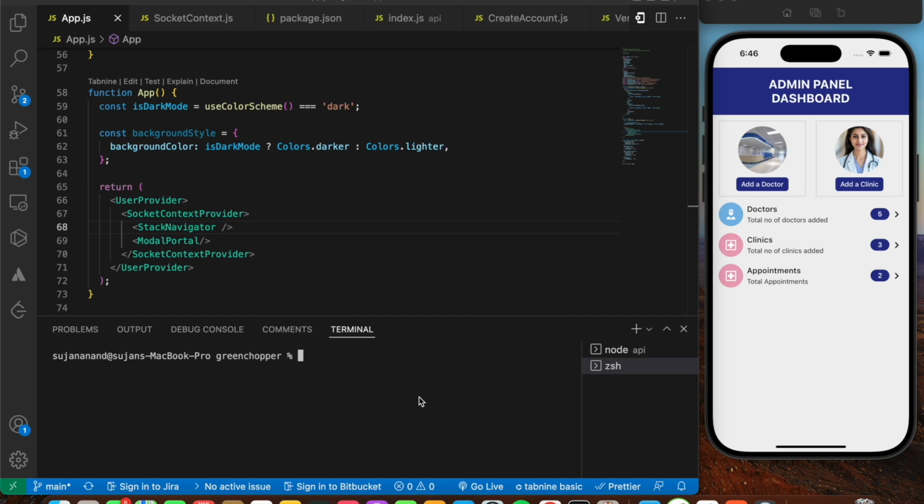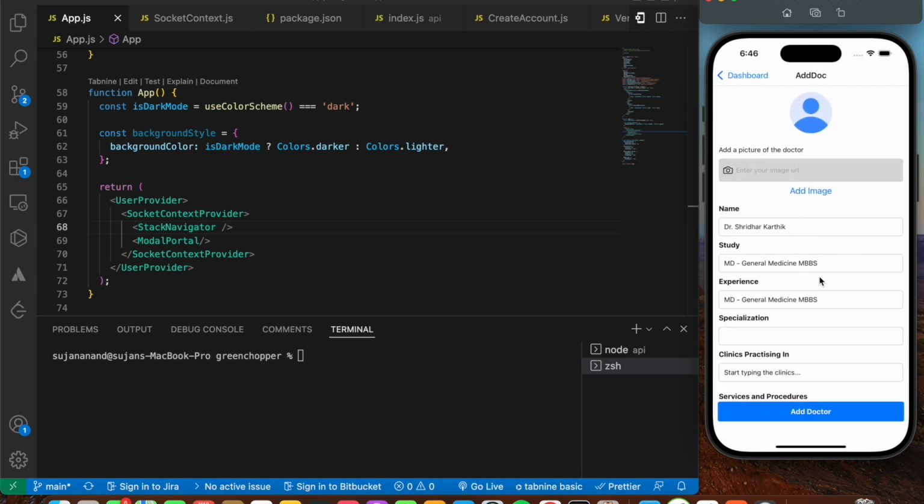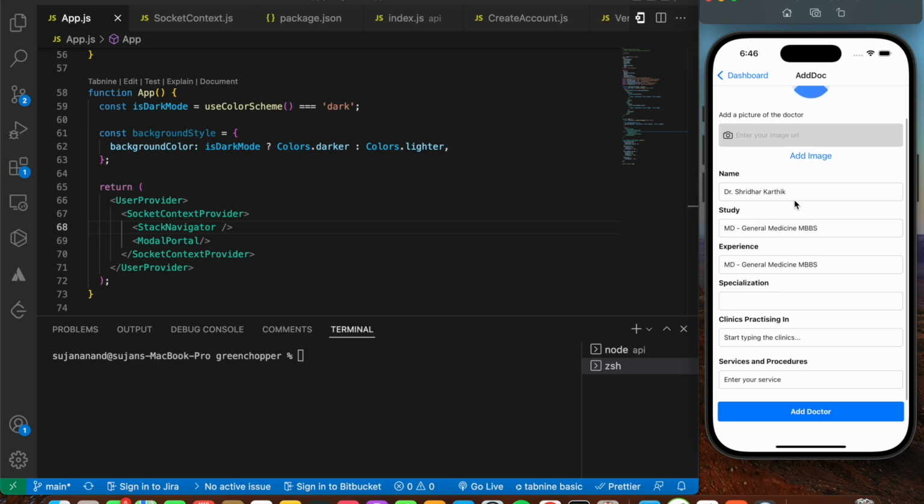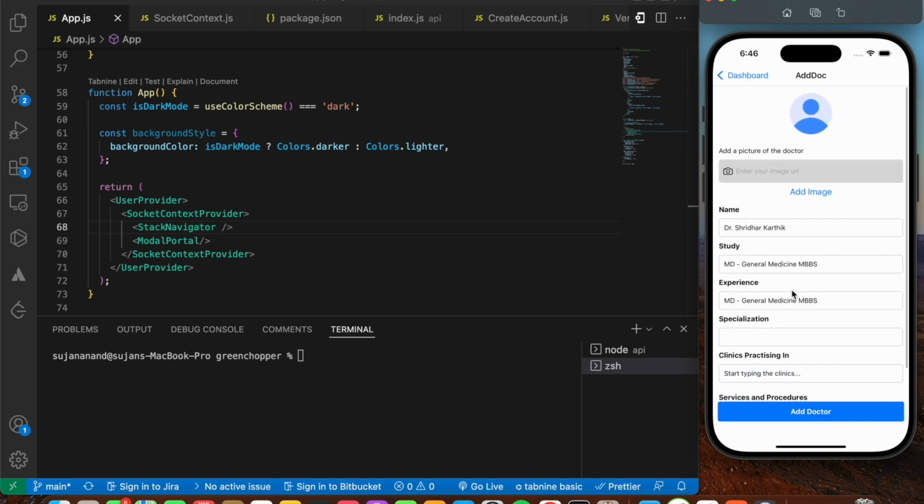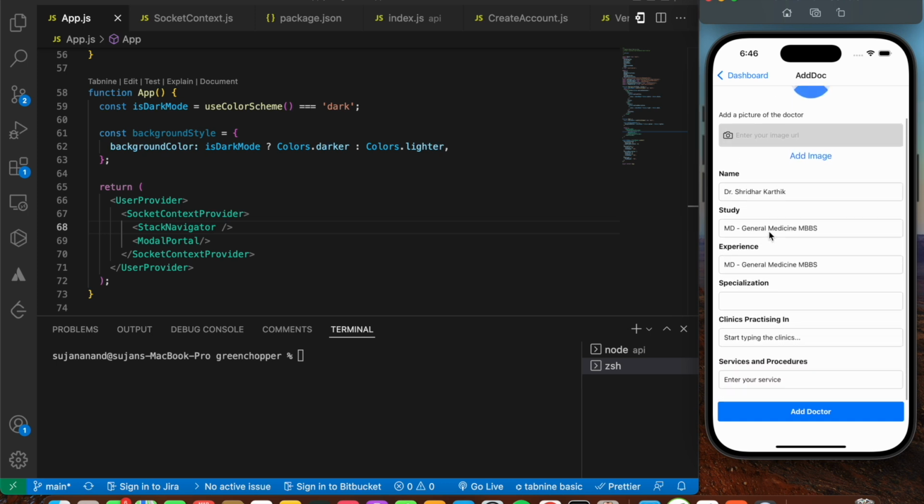Okay, so here basically we would be able to add a doctor, we would be able to add a clinic, and while adding a doctor we would also be able to specify which clinic that particular doctor is practicing in. Okay, so let's press on add a doctor over here. We would be navigated to a new screen, that is this one. So these are some of the required details for creating a doctor. So we need to enter the image, the name, the study of the doctor, the experience, the specialization, and the